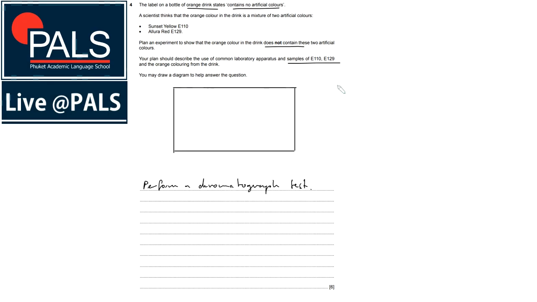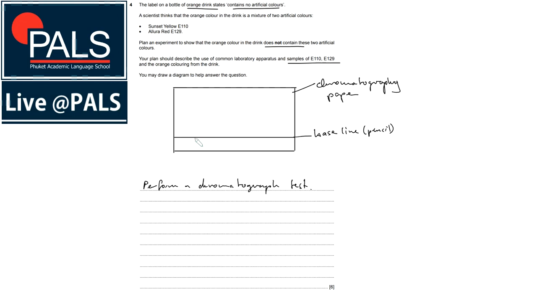So this is our chromatography paper. This is our baseline